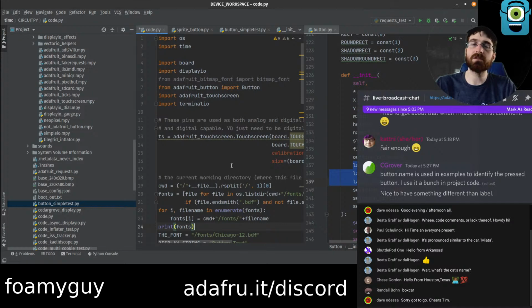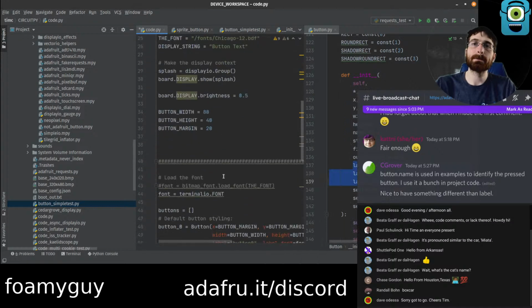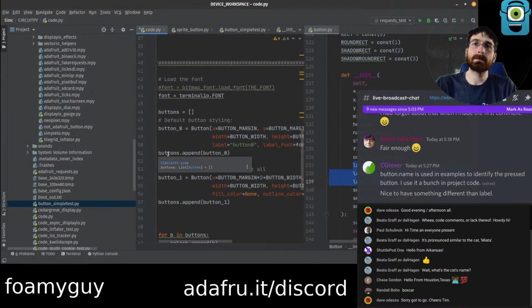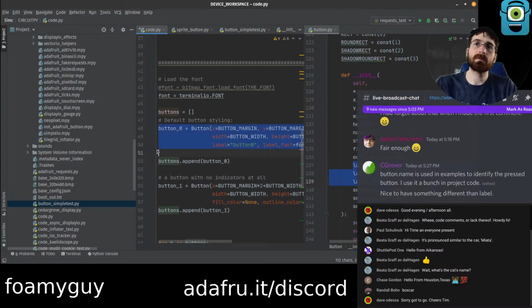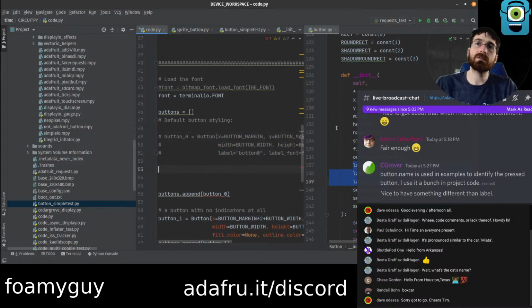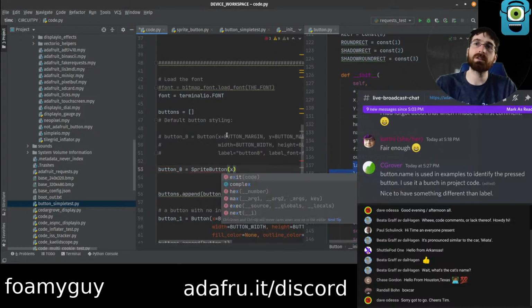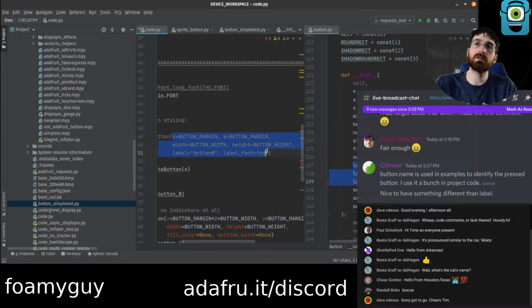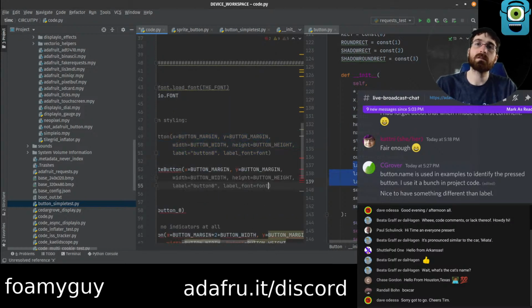We don't really need it for our simplest test here, but so we go like this, and we're actually going to go button 0 equals sprite button x, and we'll basically just give it most of the same stuff here. But the width will be different.